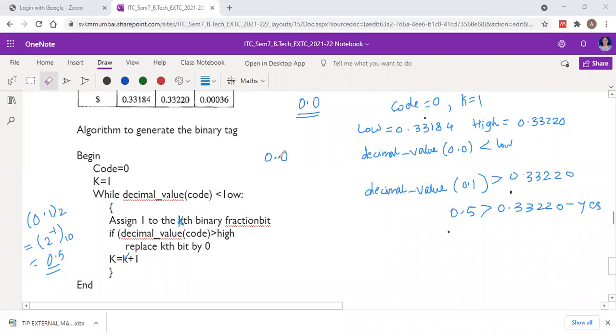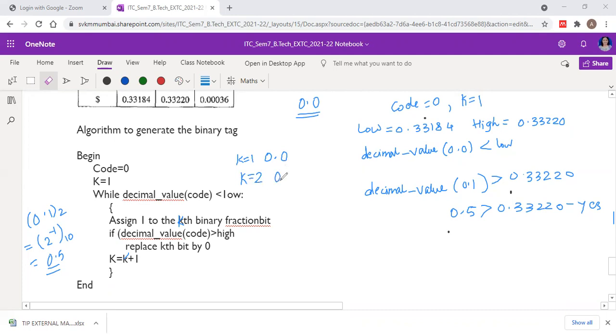And then we increment our K by 1. So now the value of K has become equal to 2. Initially K was equal to 1, and now K has become equal to 2.